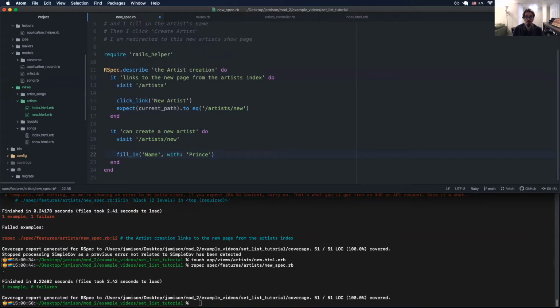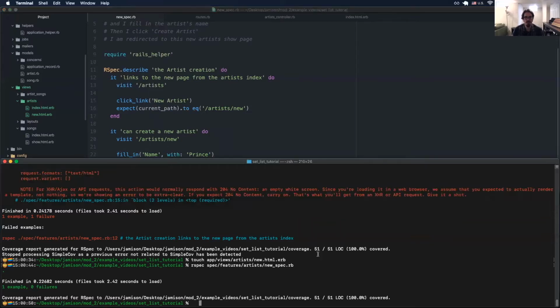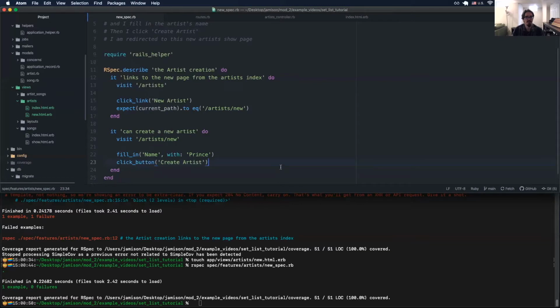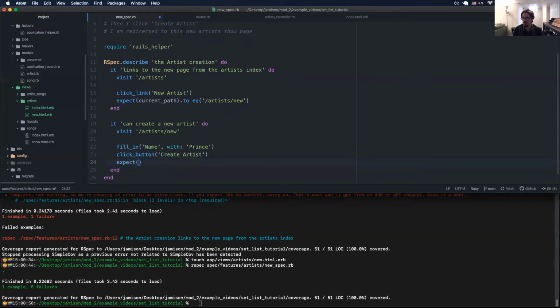So after we fill in the form, we should be able to submit the form by saying click_on, and then we'll pass that a string of create artist. Let's change click_on to click_button. We saw click_link earlier in the previous test. Let's show click_button in this test. So then after we click that button, my story says, then I am redirected to this new artist show page. So let's expect the current path